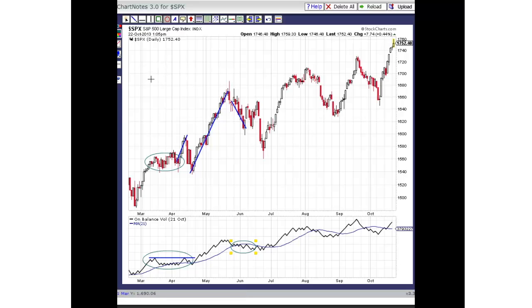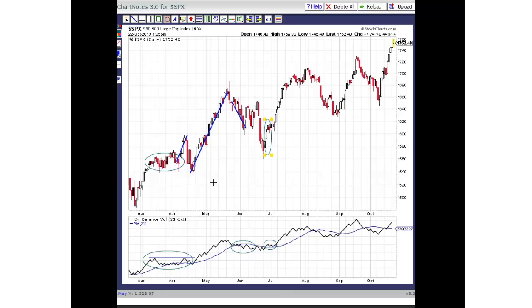When do I buy the pullback? I want to buy it. I really want to buy it. I just need to wait for the right signal. Well, what's the right signal? The right signal comes right here when OBV closes above the 20 period moving average and stays above it, right here at the end of June. The end of June corresponds with this little 3-day, this little white soldier